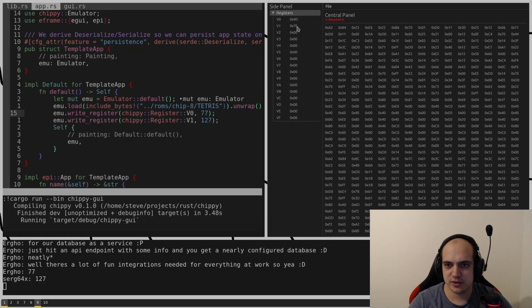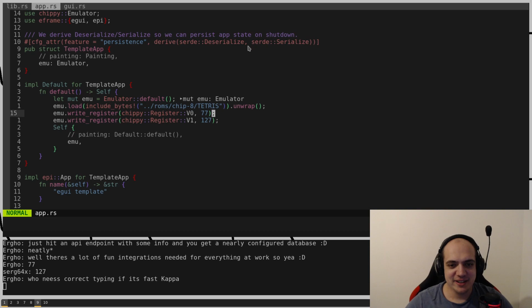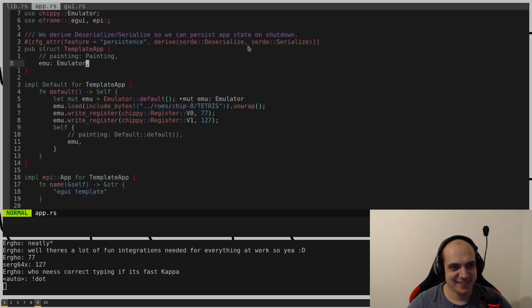Cool, we get values. Nice. Who needs correct typing if it's fast? Yeah, that's true. You can always go back and change it, right? I'm gonna do it soon. No,